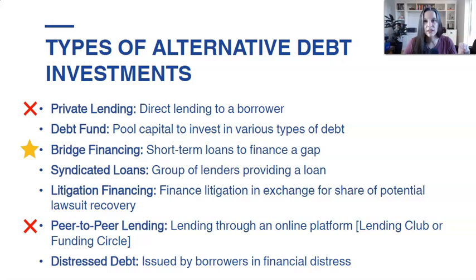Peer-to-peer lending has gotten really popular lately with these online platforms. I think of peer-to-peer lending as lending through online platforms like Lending Club, which is a big example. Funding Circle is one I hear a lot of people talk about. I don't do these. I don't think they're good, similar to the private lending. Good quality investments are not coming on these platforms. They're just not. I don't like them for a number of reasons, and I'm not going to belabor this point, but peer-to-peer lending is getting very popular. I don't think savvy, sophisticated, smart investors should pursue that option as a way to make investments.